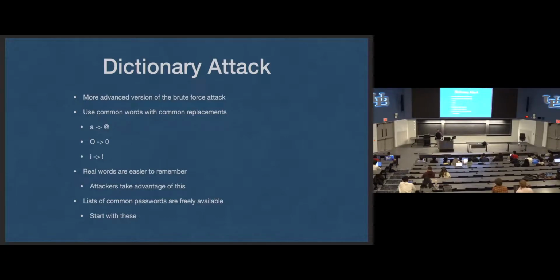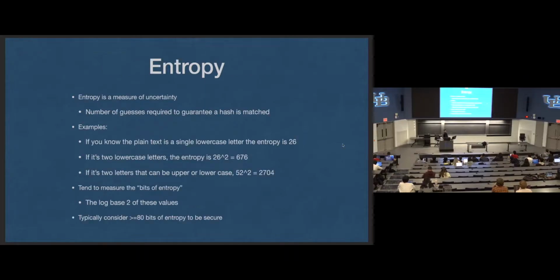Password, where the S's are dollar signs, isn't a strong password. It's one of the first things an attacker is going to guess. The script that they have is going to look that one up right away. If you do have completely, purely random passwords, you can compute what's called the entropy of that password, which is the maximum number of guesses that somebody would have to make to guarantee that they get your password, even if the very last guess was your actual password. So for example, if you know somebody's password is plain text, lowercase letters only, and only one character,